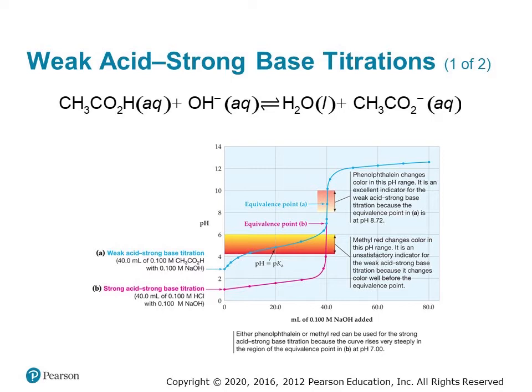That means that half of the starting amount of acetic acid remains unreacted, while the other half has been converted into its conjugate base. If we plug equal concentrations of base and acid into the Henderson-Hasselbalch equation, we end up with just the formula pH equals pKa. So, at this so-called half equivalence point, the pH of the solution must be exactly equal to the pKa of